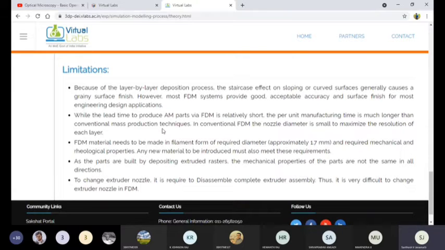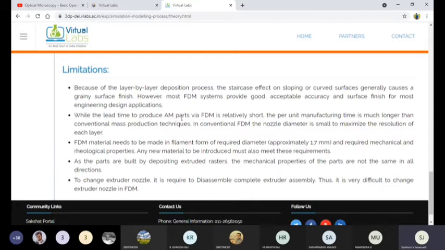That is why we need to know the limitations of this process also. The limitation is the layer by layer deposition. This is a 100% layer by layer process. The staircase effect on sloping or curved surfaces generally causes a grainy surface finish.